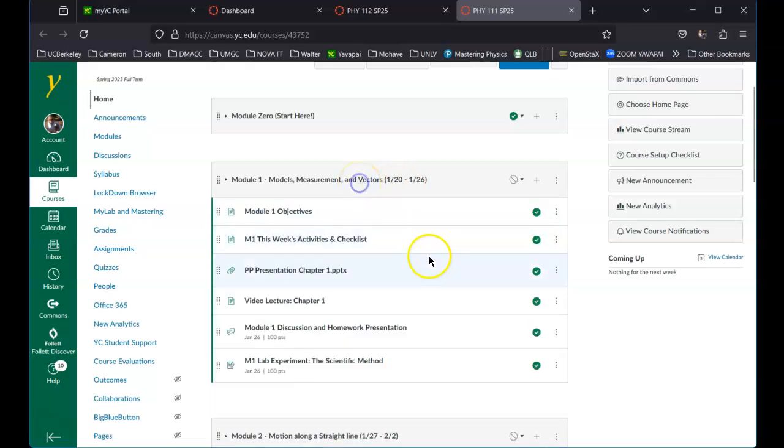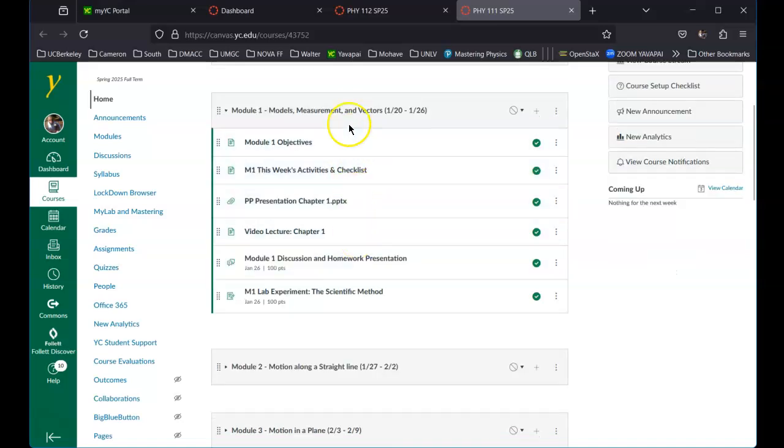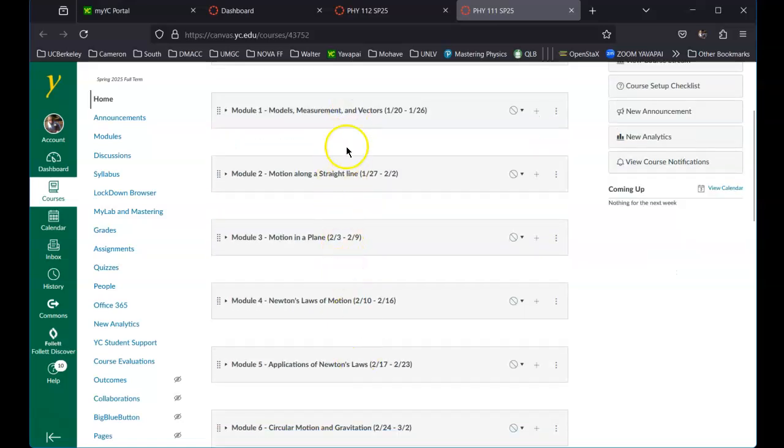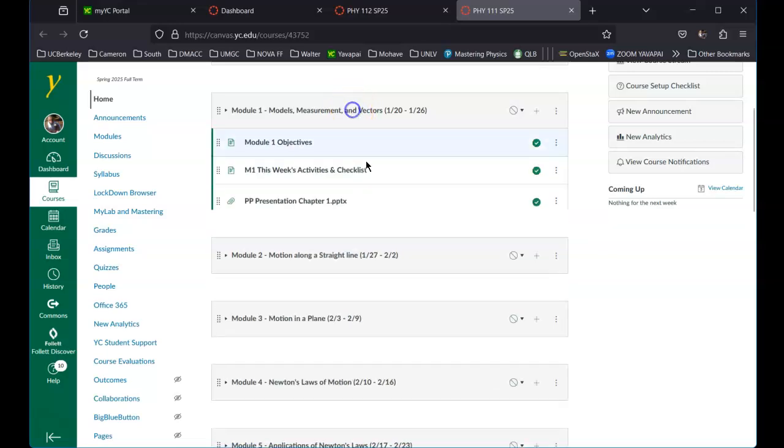So for example, for module 1 here, and by the way, all of them are arranged in a very similar way, so everything is predictable. I'm trying to make it as easy as possible, as convenient as possible for you. So for example, for module 1 here in Physics 111,